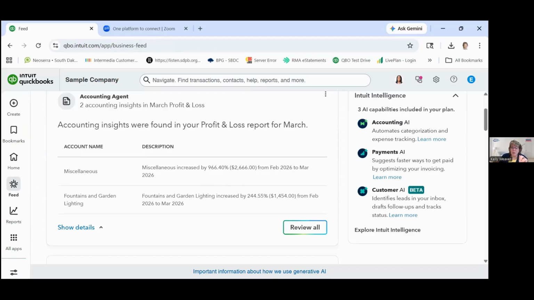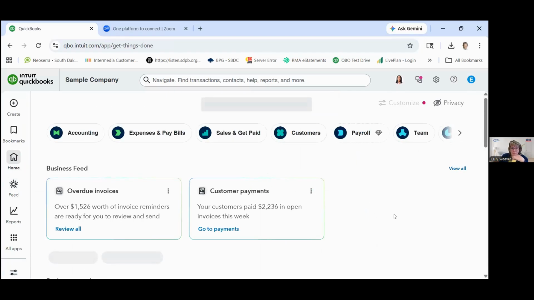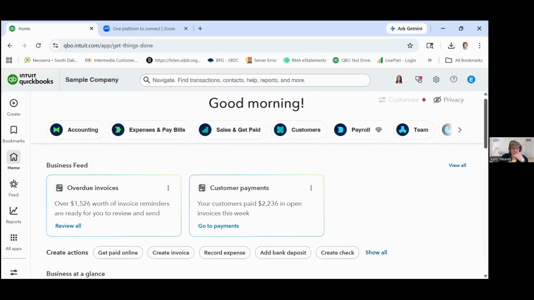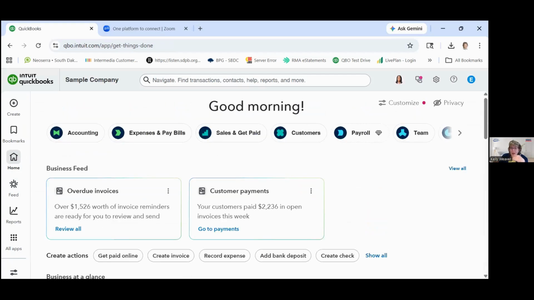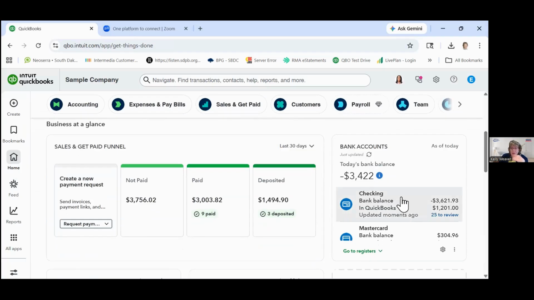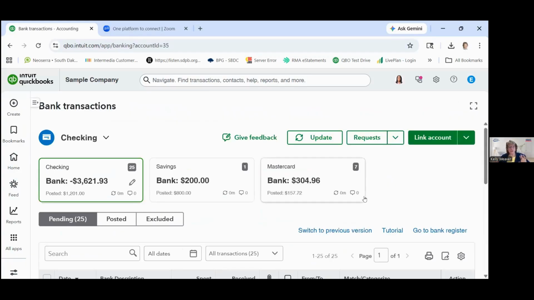We're going to go back to the home and back to our bank feed. If this was my QuickBooks account, I would want this card right here at the top, and I could customize it to do that. The bank feed is one of the interesting features that's really front and center in the QuickBooks Online platform. When you start a new QuickBooks Online, you feel like you're being forced to connect your bank account, and that's where these bank feeds come into play.